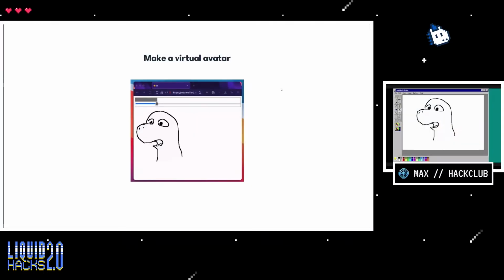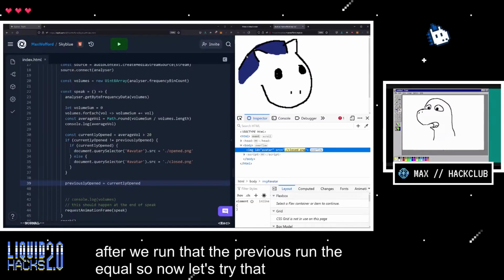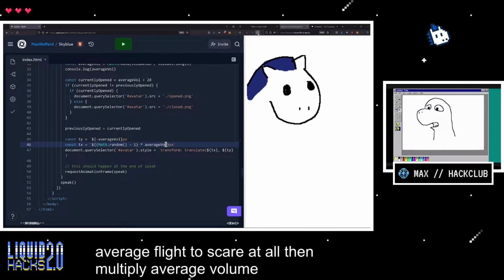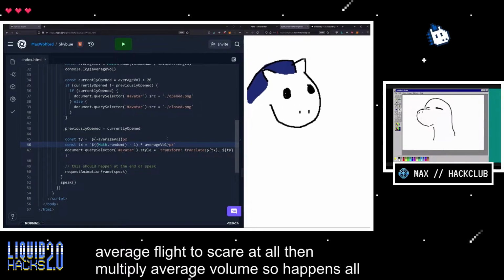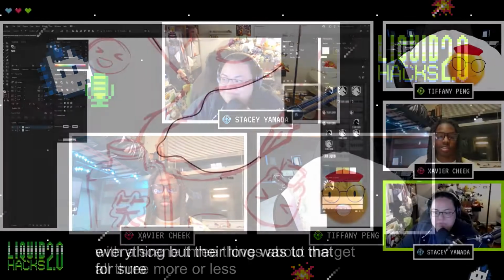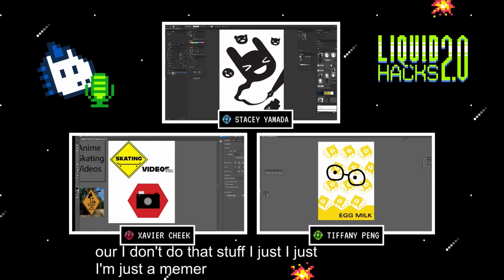I'm Max, and I'm going to be running a quick little workshop on making your own virtual avatar. Oh, hey, check that out. We got a talking blue. See what happens. Oh! Whoa! Okay, not quite the effect I was going for. We'll get to know each other while creating together.